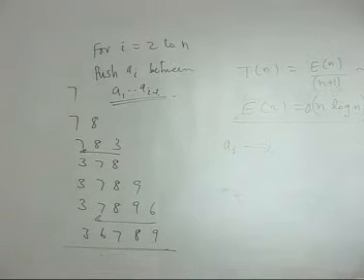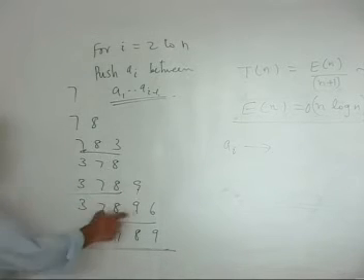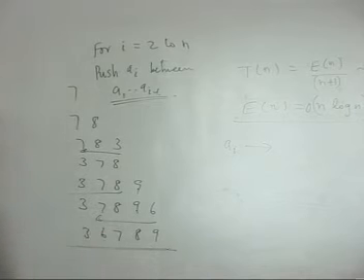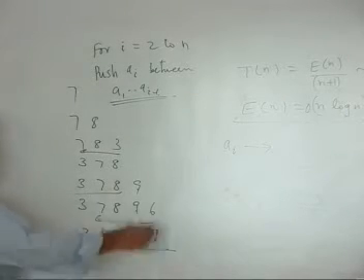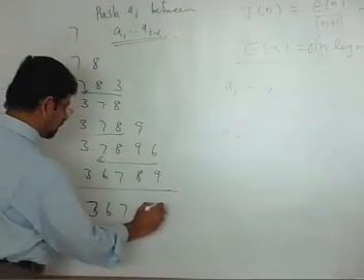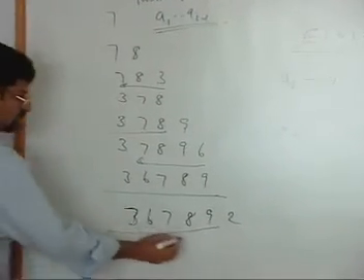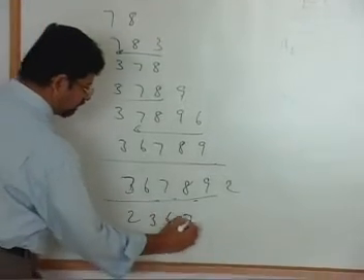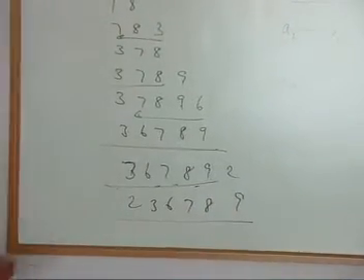But how many stages you are going to push? It all depends on how many items to the left of it are larger than it. None of them are larger, so it is staying here. There are 3 of them larger, so you push 3 and then this is where you stop. If the next item is, let's say 2, 3, 6, 7, 8, 9, 2. All of them are larger. So you have to jump over all the items and then come over here. 2, 3, 6, 7, 8, 9 and so on.